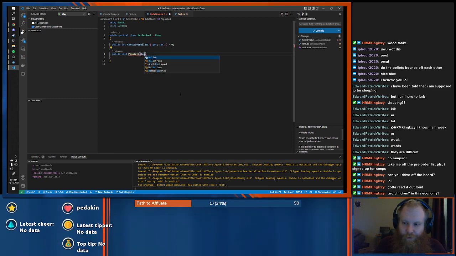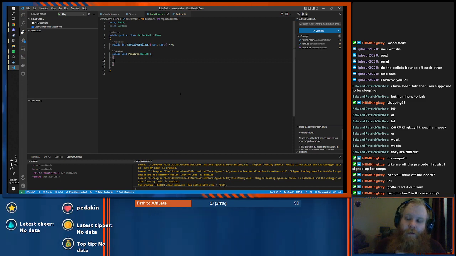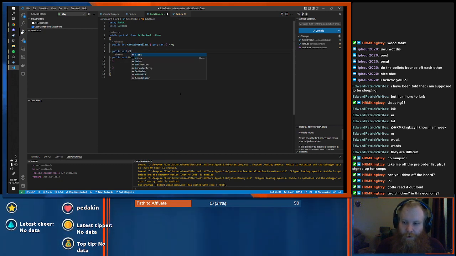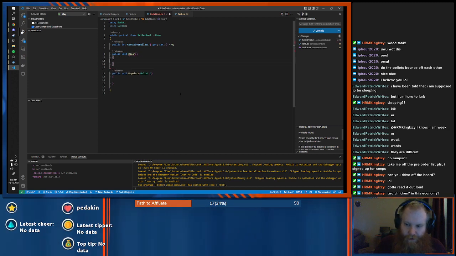And we're just going to do bullet B, and this is going... Actually, we're going to also do a public void clear. And what this will do is this will clear all active and pending bullets. So I did need that method that I just got rid of.